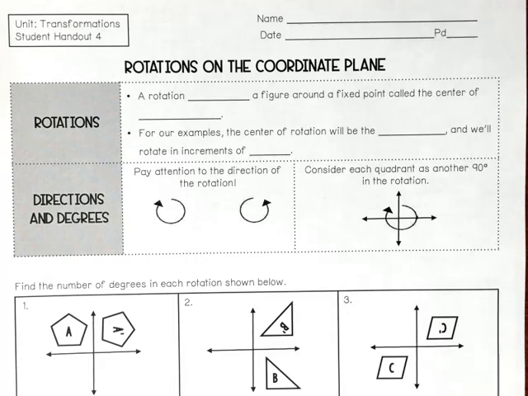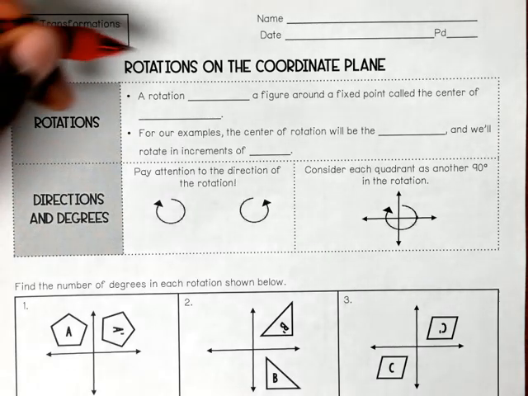Hey everyone, we're going to go over rotations on the coordinate plane, continuing on our transformations unit. So basically we've covered translations, which are to slide a figure on a 2D plane, and reflections, which are to flip them across the X and Y axis, while rotations, the other word for that is turn, and a rotation turns